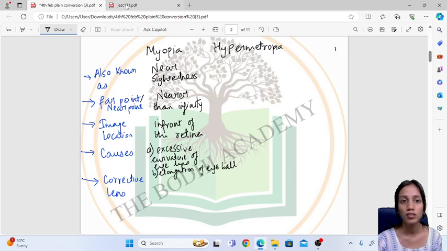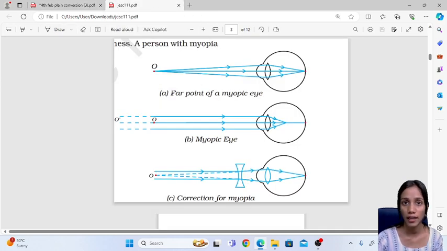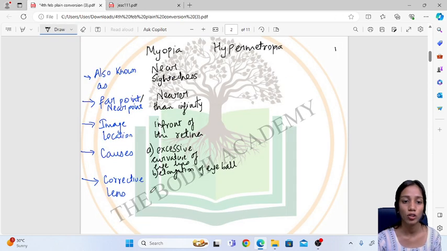Now the next thing which we need to see is the corrective lens which we need to use, which will correct this defect. The lens which is used is a concave lens. Whenever we have myopia and we cannot see the far away objects, the lens prescribed by the optician is the concave lens of a suitable power. The concave lens is in front of the normal lens, in the spectacles, and it will get the image back on the retina. So the corrective lens used over here is the concave lens.